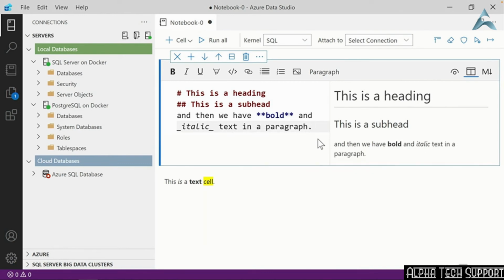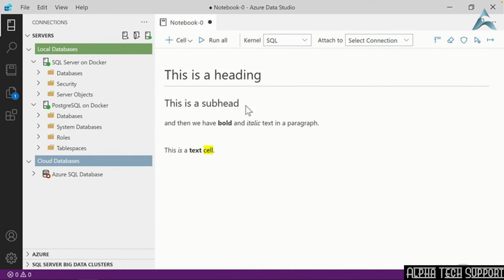As I'm typing, I can immediately apply the formatting at the same time without ever having to leave the keyboard. Adding appropriate formatting and differentiating between different sized headings and subheadings can make your notebook files much more legible and easy to navigate. Then we'll just switch over to the fully rendered view, and there is my final document